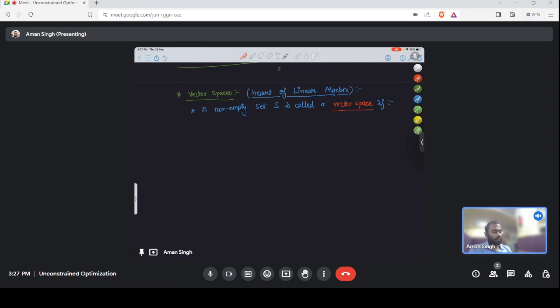All those sets which follow these properties that I'm going to list down will be called a vector space. And then I'll also give you some examples, and some other examples which are relevant to us in this optimization course. So a non-empty set S is called a vector space if, first property,